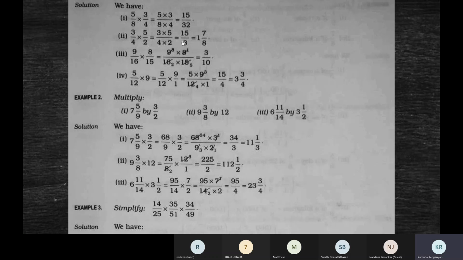If it is in the simplest form, the next step, because it is an improper fraction, is to leave it as a mixed fraction. These are the rules. After multiplying, you should check if it is in the simplest form. If it is, then because it is an improper fraction, you should leave it as a mixed fraction like this.